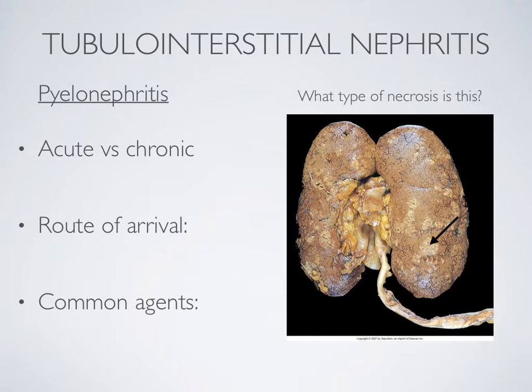Somebody want to? Yes? Caseous, that's a good guess. Because how does caseous necrosis form? So caseous necrosis usually happens with an infection or with some kind of chronic granulomatous disease. So caseous necrosis is really within granulomas. And so there are some people with sarcoidosis who could get granulomas forming in the kidney and get caseous necrosis